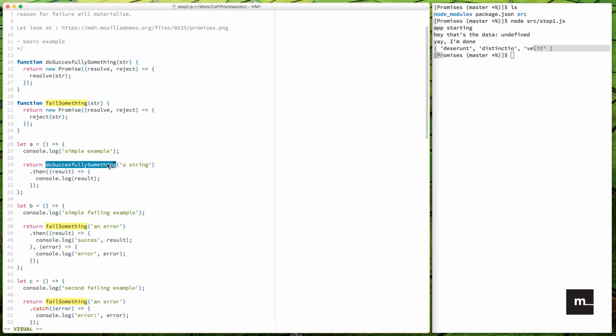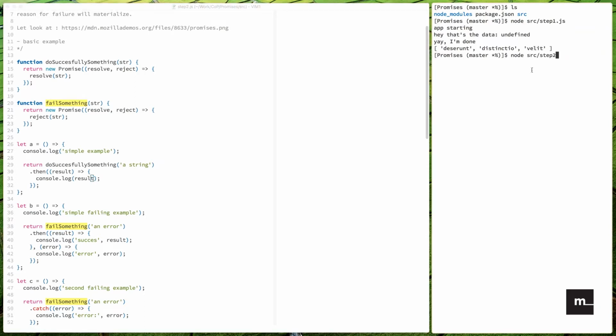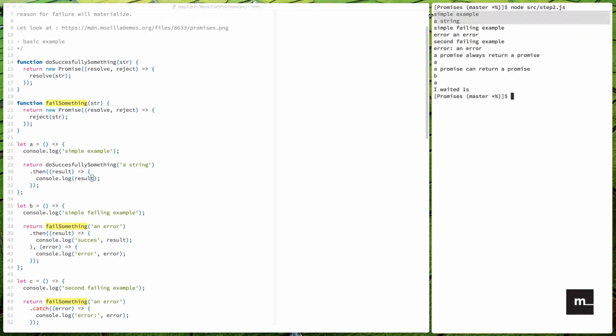So, for example, doSuccessfullySomething will be called with a string, and then we'll call that result, and then that console.log will run. If we were to execute that example, a very simple example, the first two lines, it's going to console out a string. And so, okay, there's a lot to digest in this, but basically the whole point here is that when you